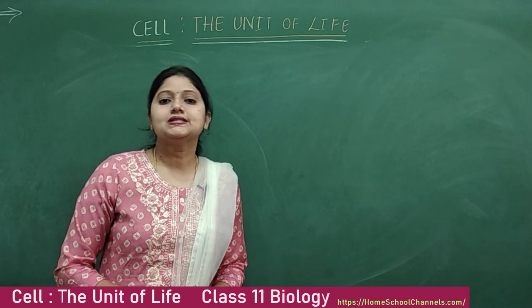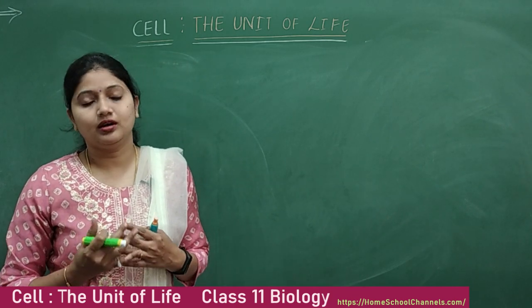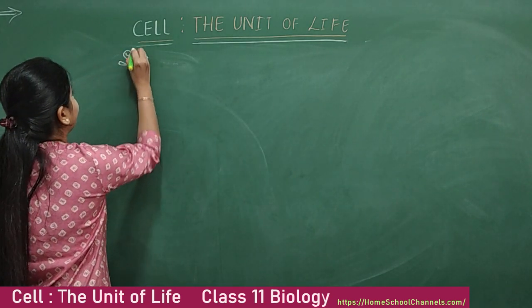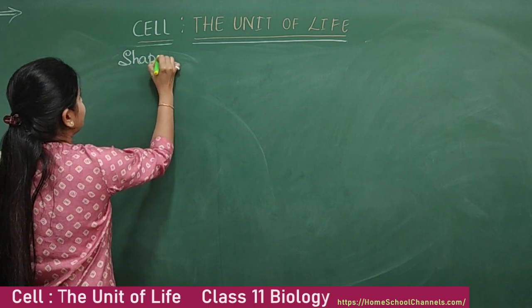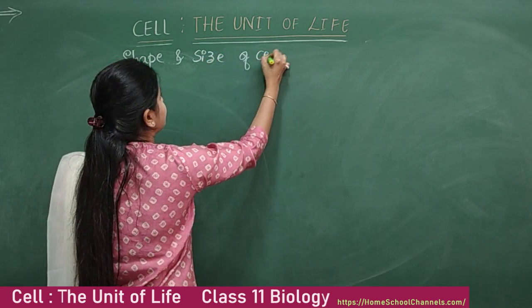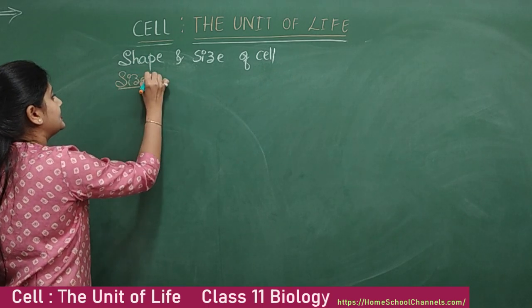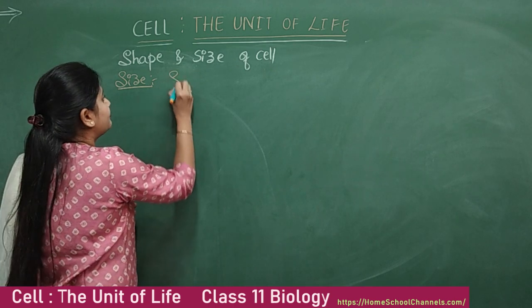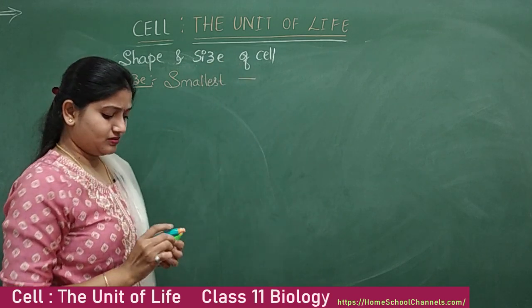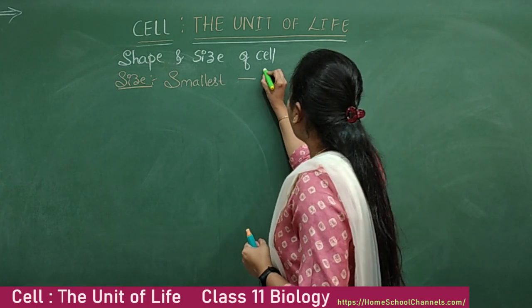To speak about the sizes of the cell, that is the smallest cell as well as the biggest cell and longest cell. So first we will write it, shape and size of cell. Among them, first we are taking the size. So among the size, which is the smallest one? The smallest organism is the mycoplasma or